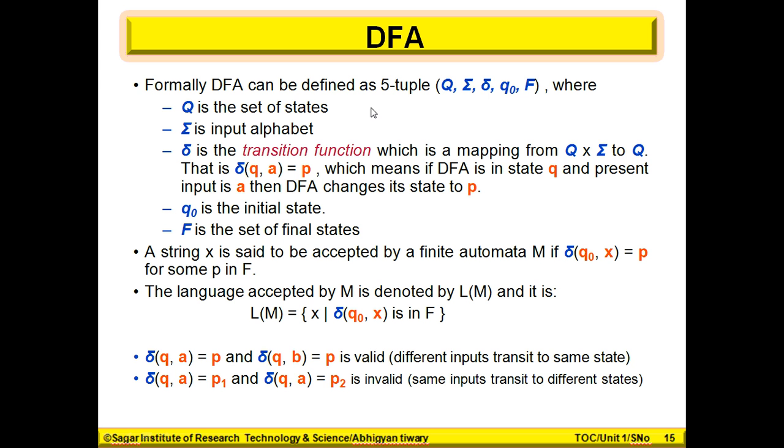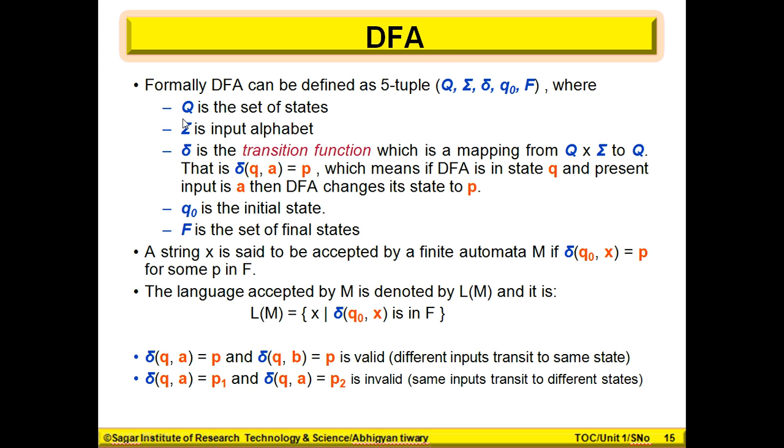Okay. So formally, a DFA can be defined by using these 5 tuples which are written here. Before seeing this, again I am repeating the same thing about DFA. What is D? D is for deterministic, that is, in a state for a single kind of input we have a single output state, or an intermediate state it can be. F is finite. It means the number of states is going to be finite, and automata means that machine is going to work automatically. We are talking about a machine. So we only have to provide input and it is going to give us the output in terms of yes and no right now.